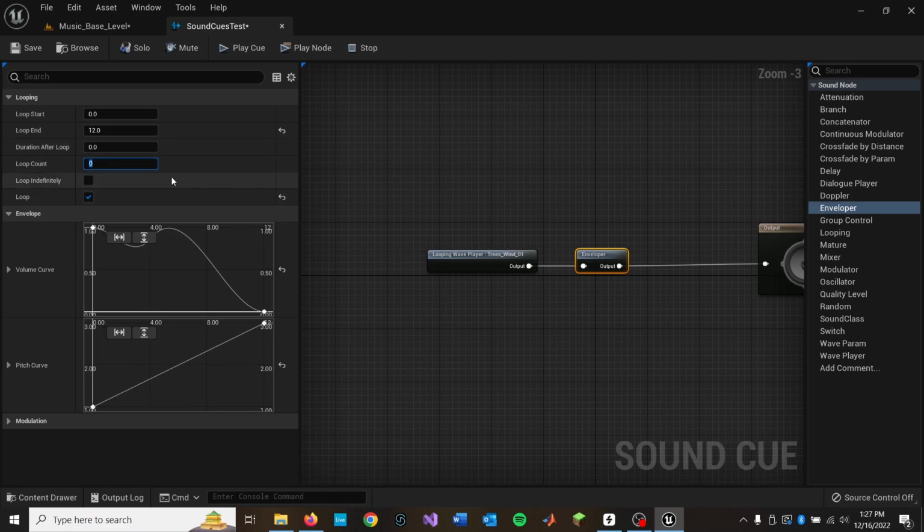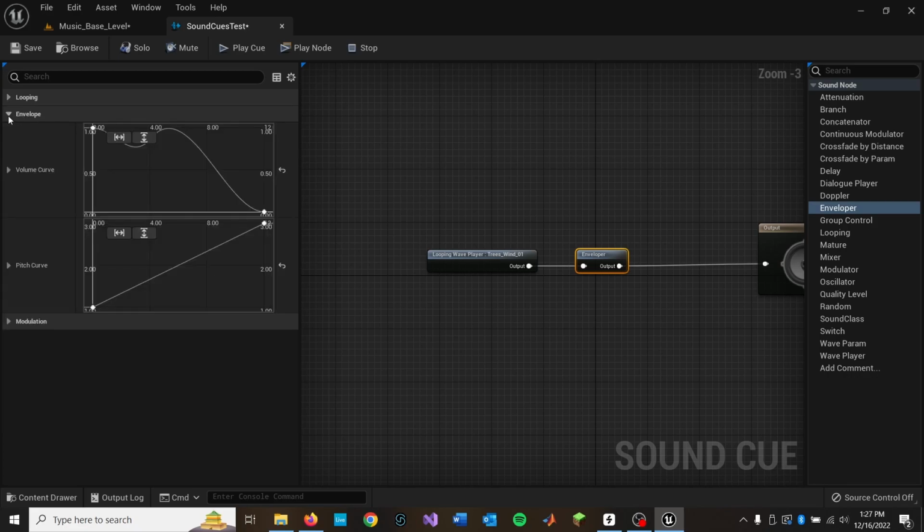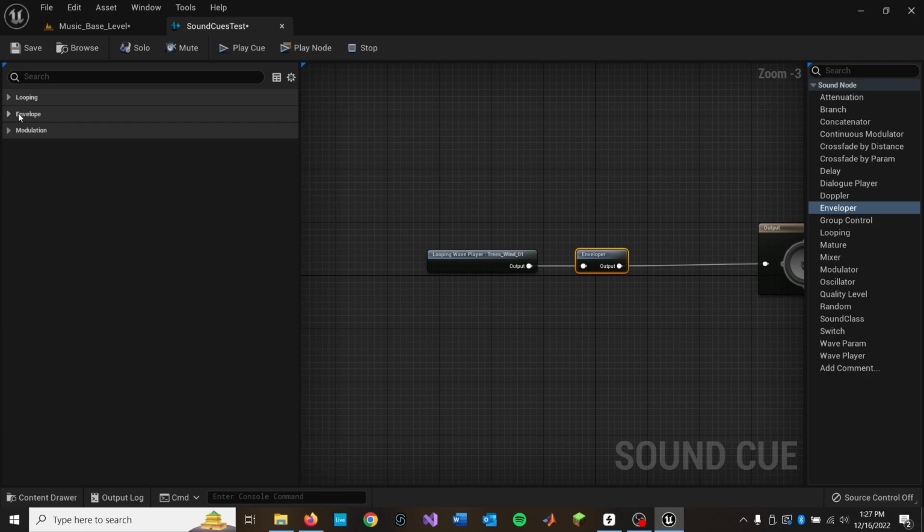or you could have it loop a certain amount of times, including this loop count. Let's just say you want it to do this first 4 seconds 3 times. Let's do 4, goes from 0 to 4 seconds, then it'll loop 3 times. Let's just press play. There you go. Loop through that section 3 times. This allows you to do a lot of different things with the sound, the volume, the pitch,